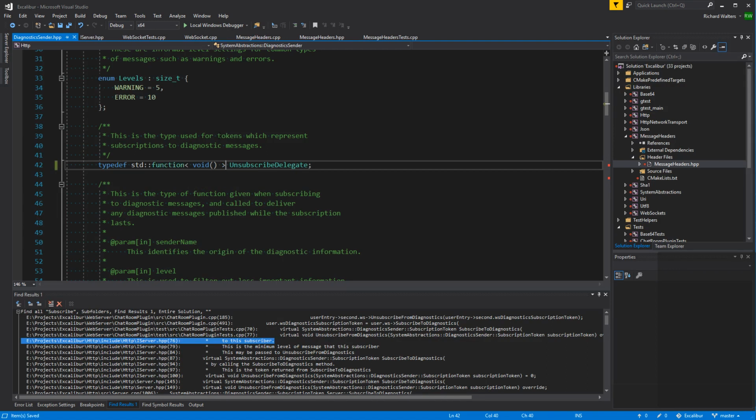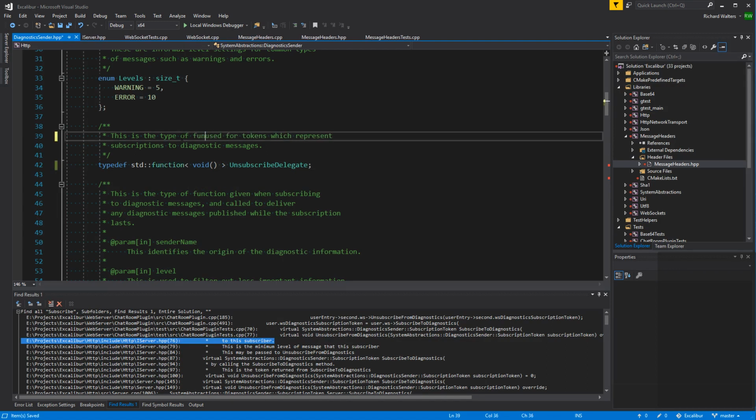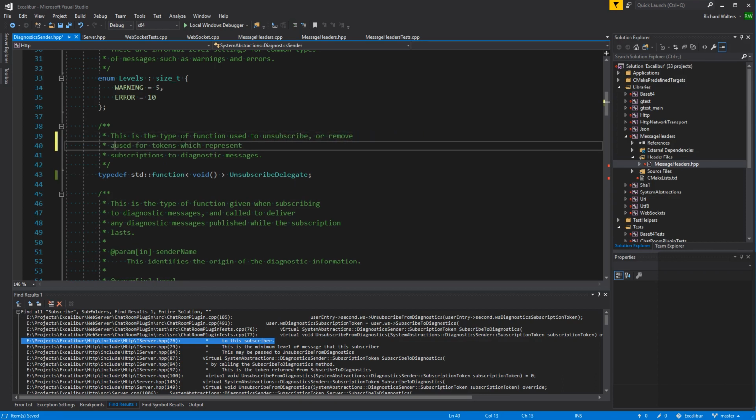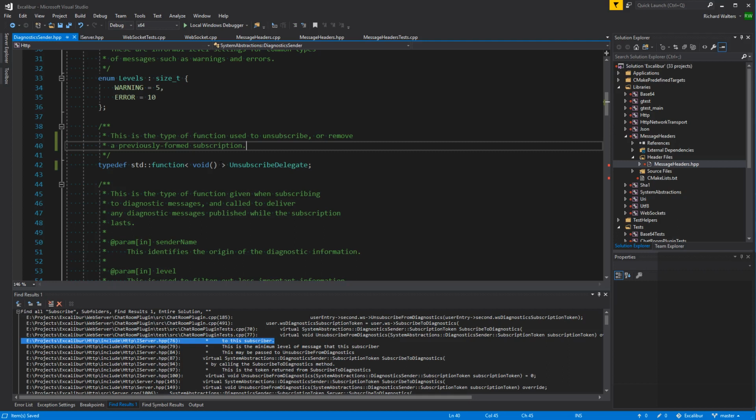This is the type of function used to unsubscribe or remove a previously formed subscription. And the type has nothing to do with diagnostics. It's sort of generic.